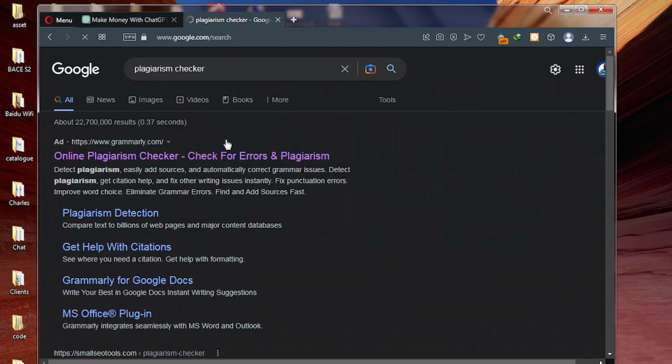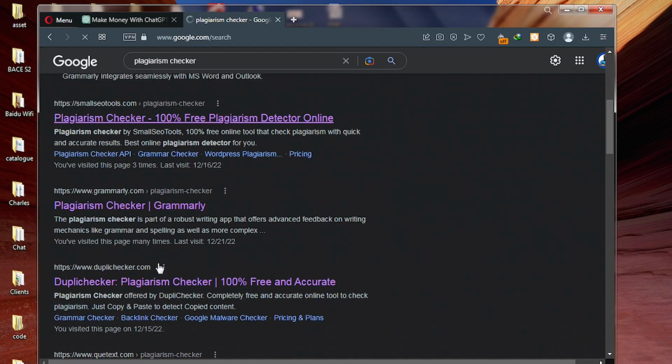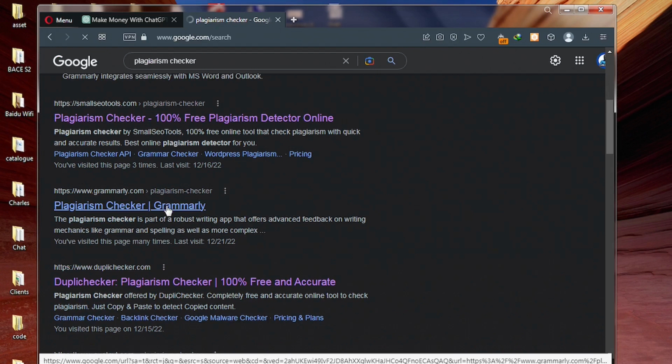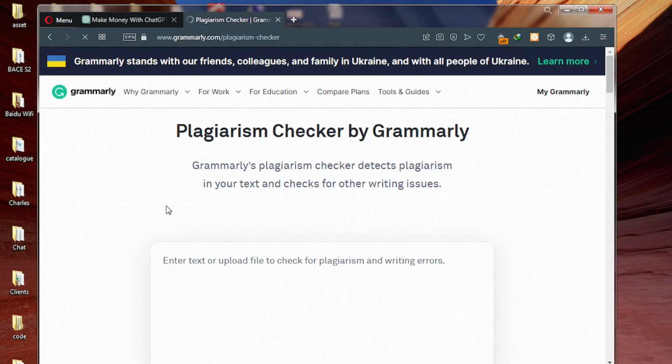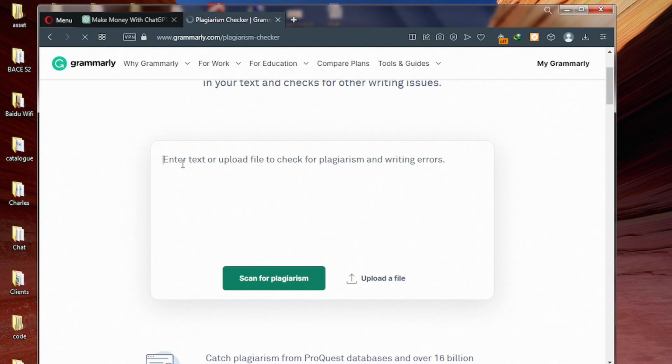Please scroll down and then click on Grammarly plagiarism checker, which is here. And then let's paste our article inside here to see if this article is free from plagiarism.